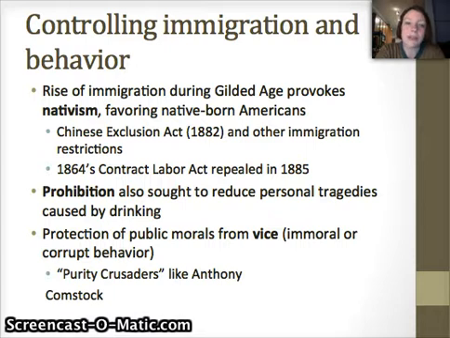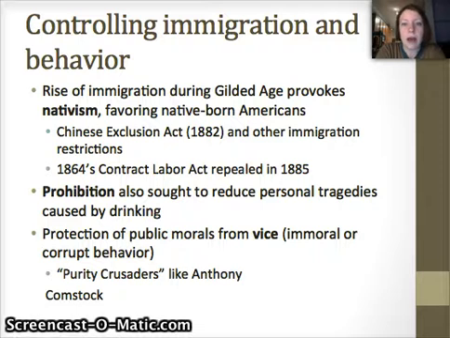We've already talked in this class about the rise of immigration during this period, but one of the effects of that, in addition to swelling the working classes and leading to things like slum conditions and tenements, is that we have a rise of what's called nativism during this period. Nativism is where Americans favor people who are native-born Americans, people who are either second or third or fourth generation American citizens. And we've seen this a little bit before already in the Chinese Exclusion Act and other immigration restrictions that are passed during this time.